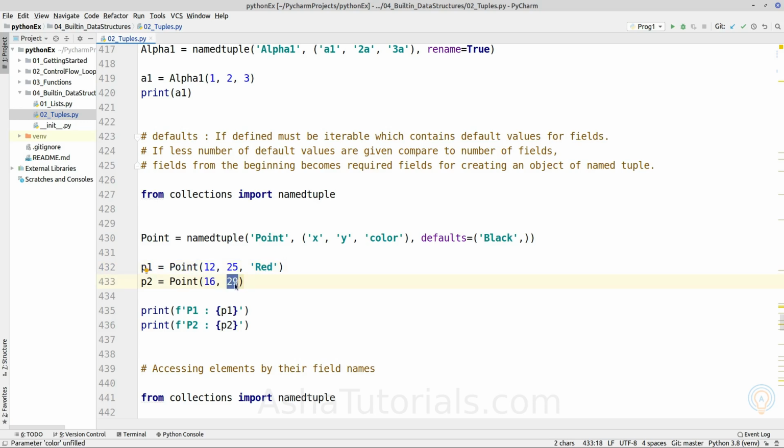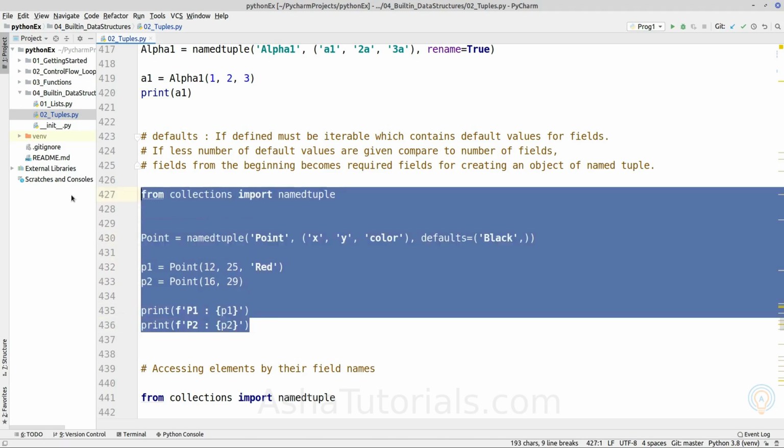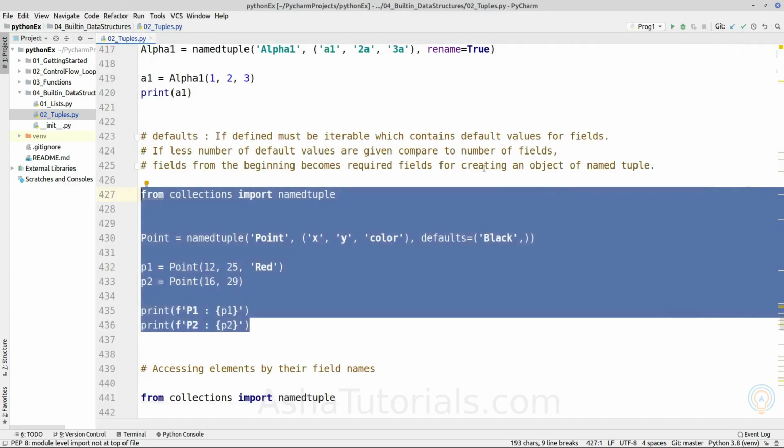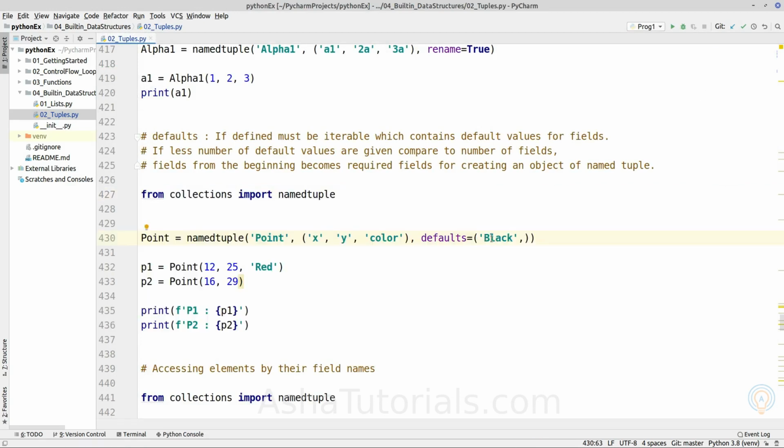In the second object we are not providing a color value, so it will take the default value black. As we can see here, it has the value black, because we have not given any value in the constructor.